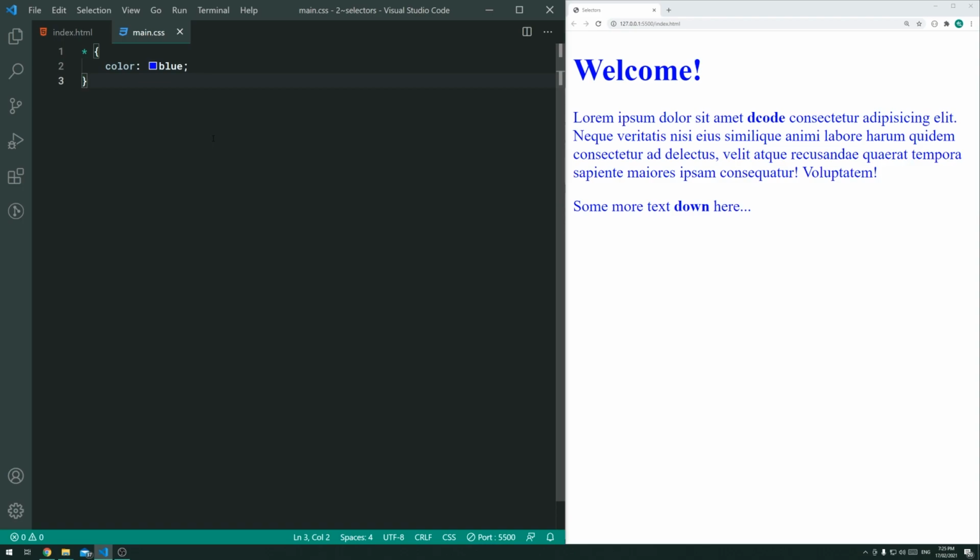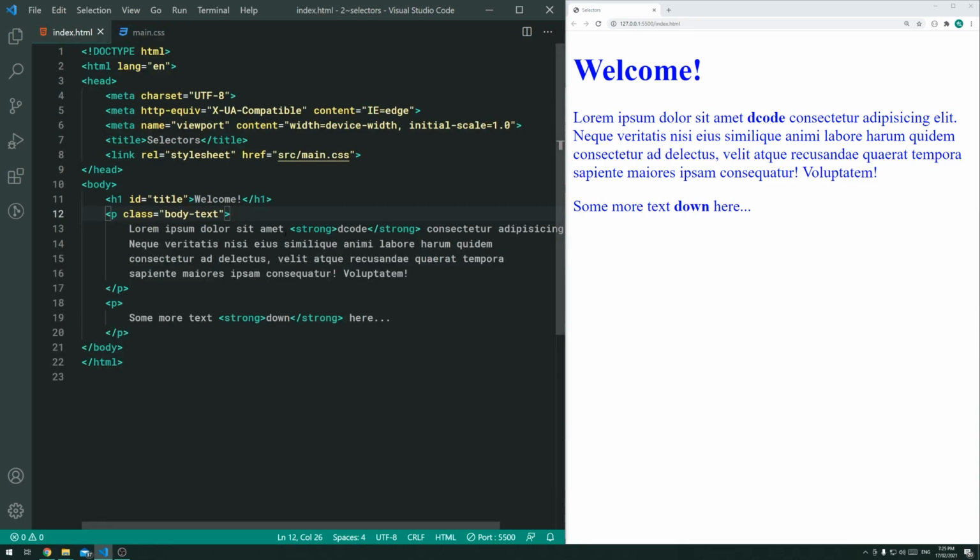And the last thing to cover when it comes to selectors is going to be what's known as the descendant selector. So this one here allows you to apply styles to children or descendants of a particular element. So for example, we can see I've got these strong tags right here. So if I want to say apply CSS to only this strong tag that exists within this class of body-text,